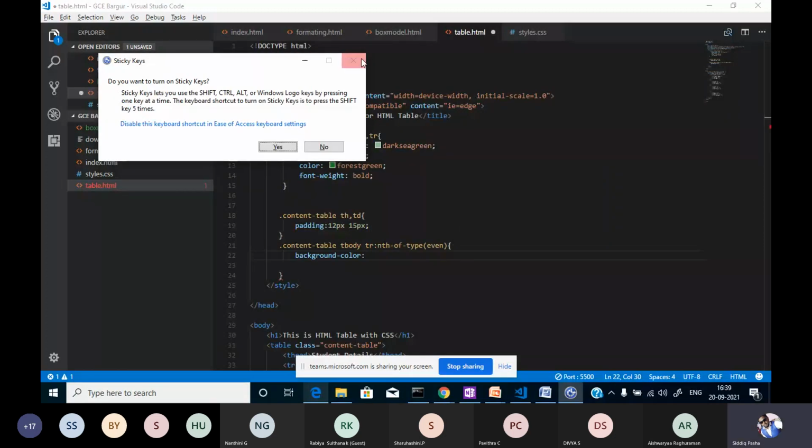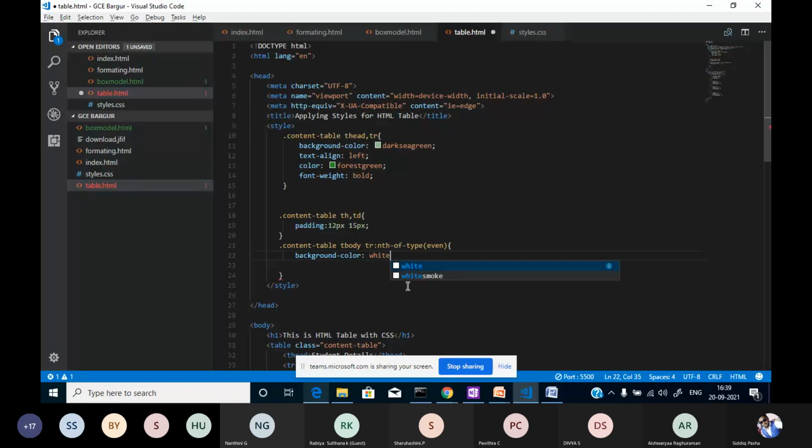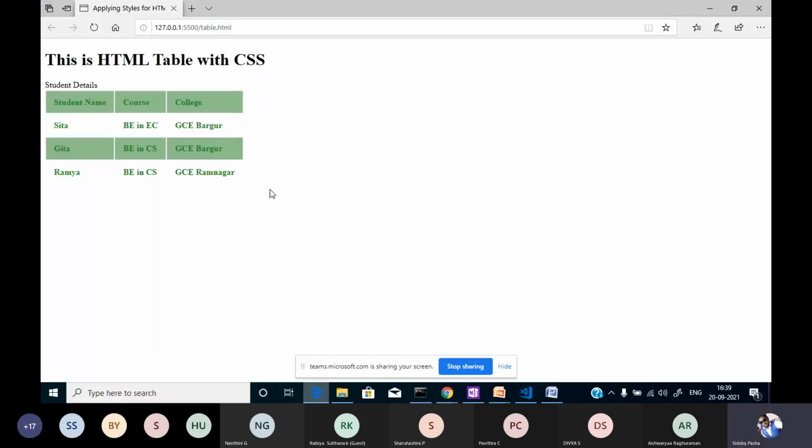So here white I will apply. See, this is how we have differentiated, right? Here the even number of rows have different renderings.